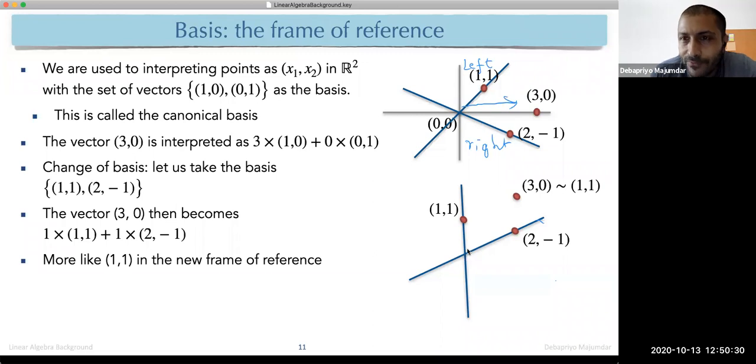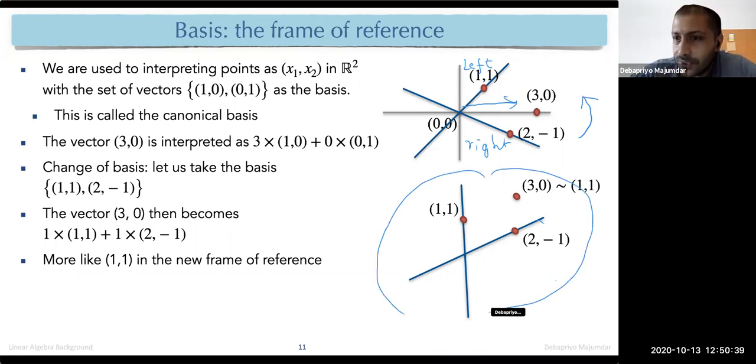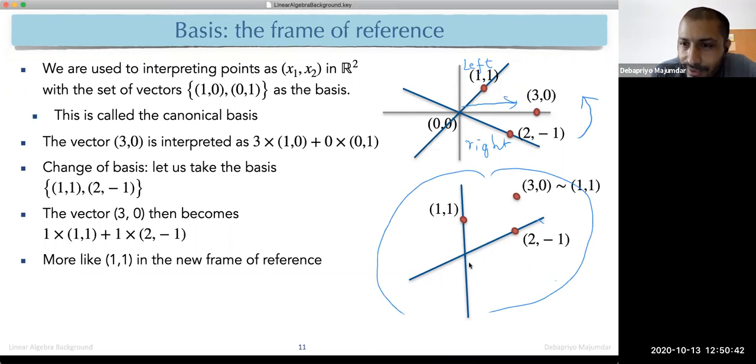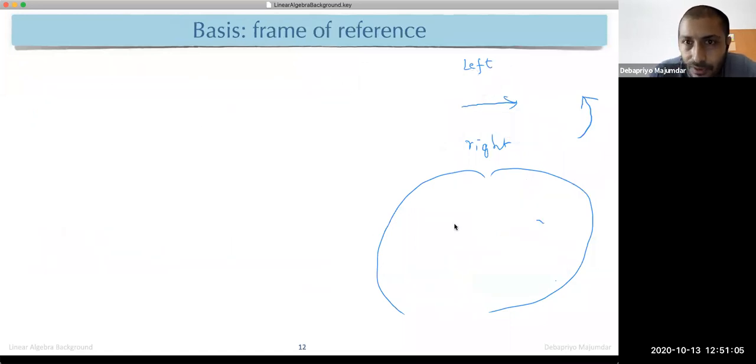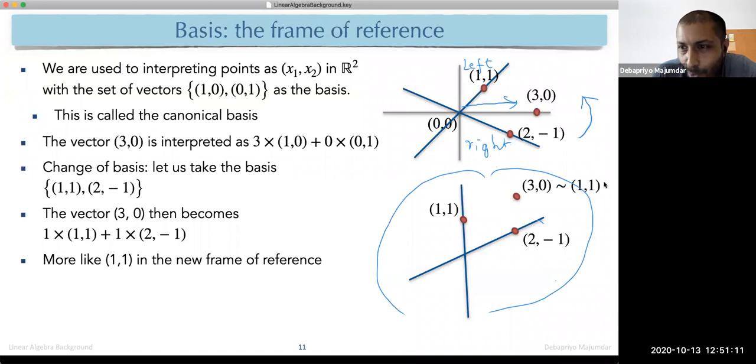It will look as if you just turn this picture a bit around. So if you just turn this picture a bit around, and you come here, then it will look like this is your 1, 1, and this is your 2, minus 1, and this is your 3, 0. And this is a bit slanted. So it feels like this parallelogram. In the gray case, we don't have a parallelogram. You would have a square or rectangle, right? Because they are 90 degrees, but in this case, they're not literally 90 degrees.